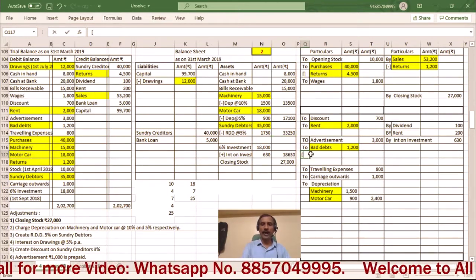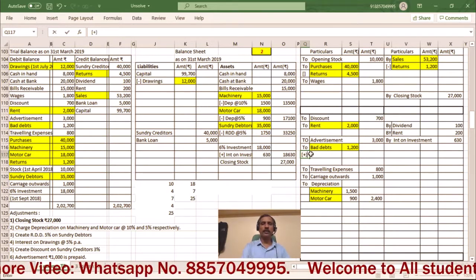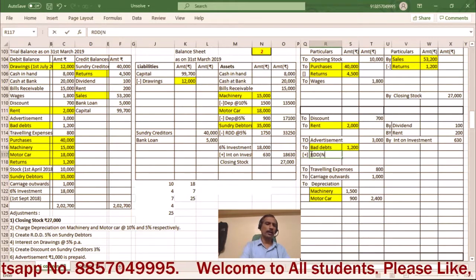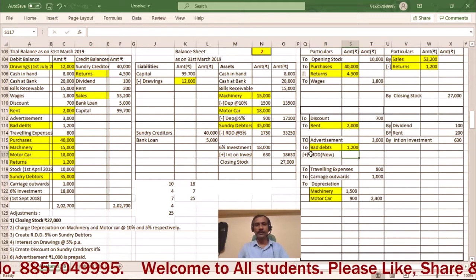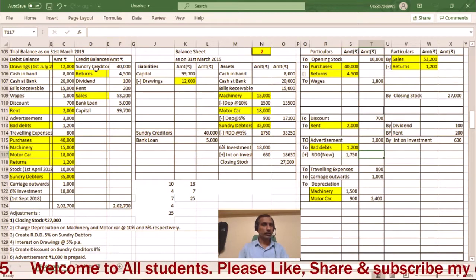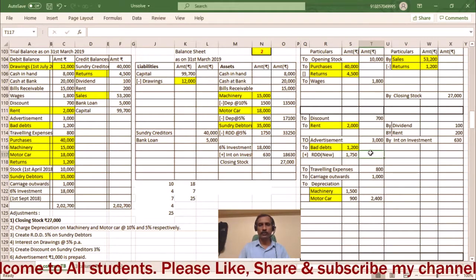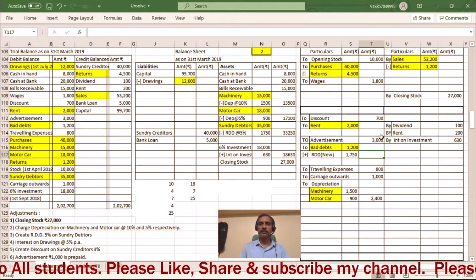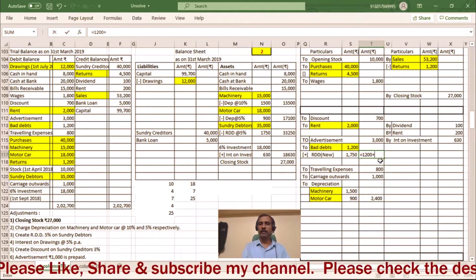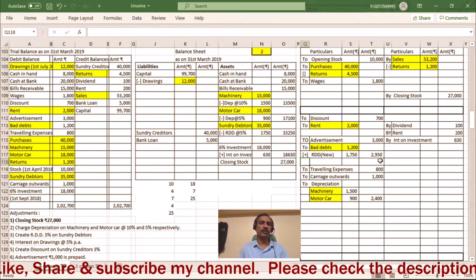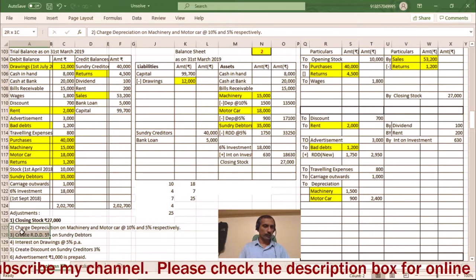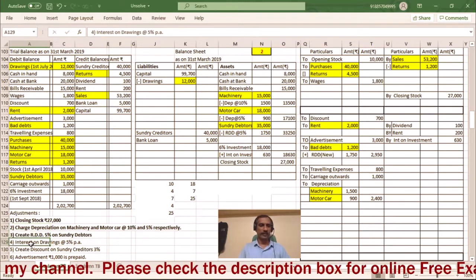So we have to add this new RDD to our old bad debt. Okay, RDD. So in brackets you can write down new. Okay, and the amount is 1,750. Okay, so there is no old RDD, so you can show this balance directly in the outer column. So what will be the total amount we have to write down? So 1,200 plus 1,750, okay, 2,950. So in this way we have to show it. After that, now we have to solve the fourth adjustment, that is interest on drawing.